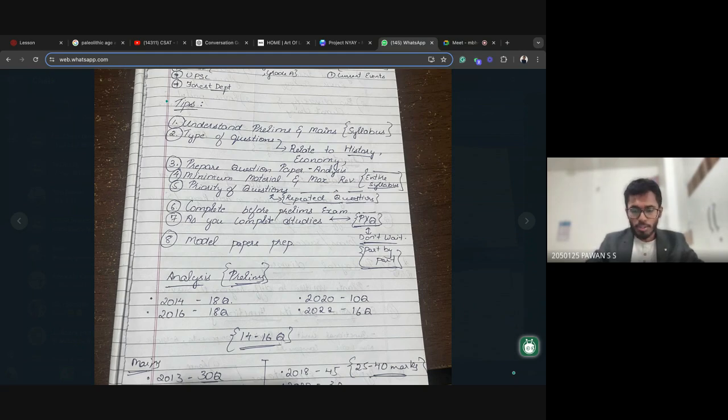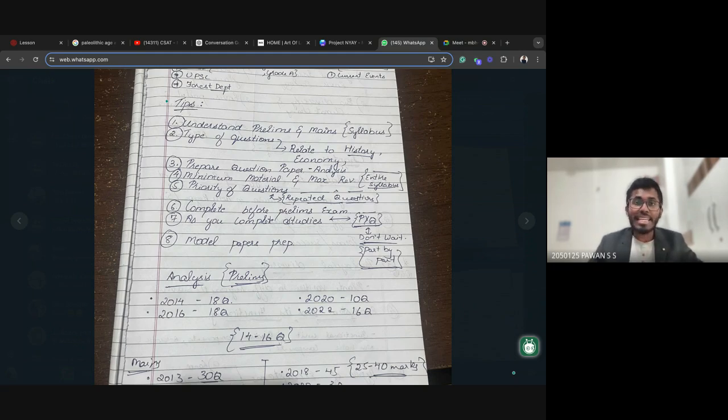The third point, which I used to highlight, is to prepare with question papers, very important. Whenever you're going to study ecology and environment, parallelly learn about previous year question papers. That's super important and super crucial also. And the fourth point is minimum materials, maximum revision. Okay, so don't buy so much material which is there in the market. Take up minimum materials and do maximum revision. Okay. The fifth point is about priority of questions.